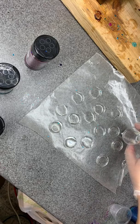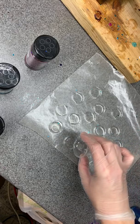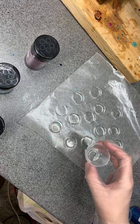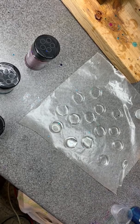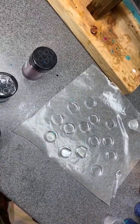All right, so this is all I'm doing here. Just kind of topping them off. I'm really proud of what's spinning in the background. You can probably hear my turner going. I'm going to tilt this so y'all can see it. It's going to make me...